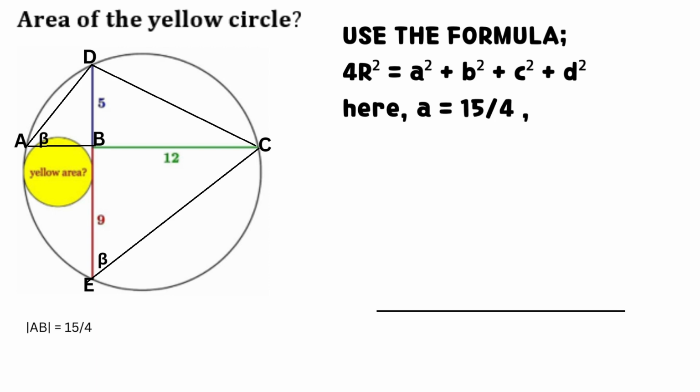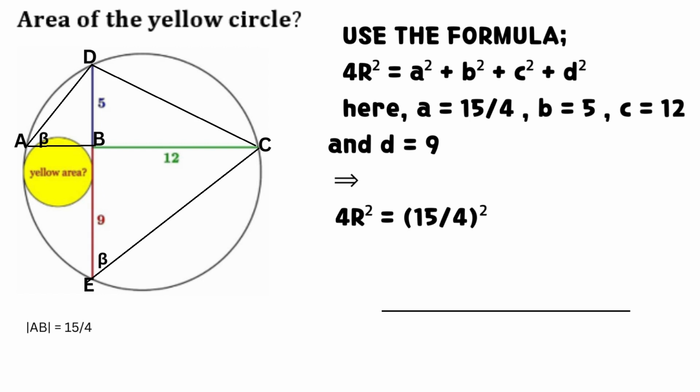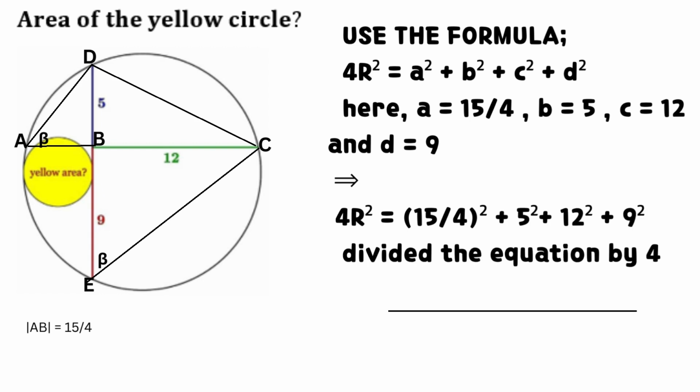Use the formula: 4 times the square of R equals the sum of the square of A, the square of B, the square of C, and the square of D. Here, A equals 15 divided by 4, B equals 5, C equals 12, and D equals 9. Substitute the values in the formula, and we have that